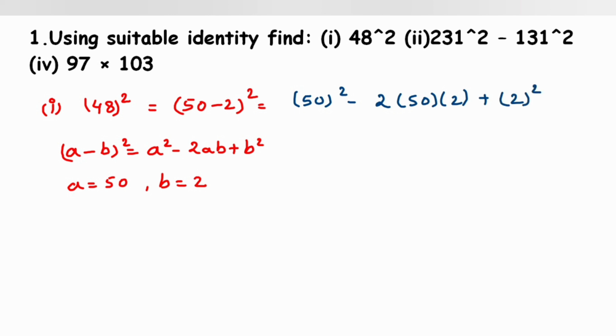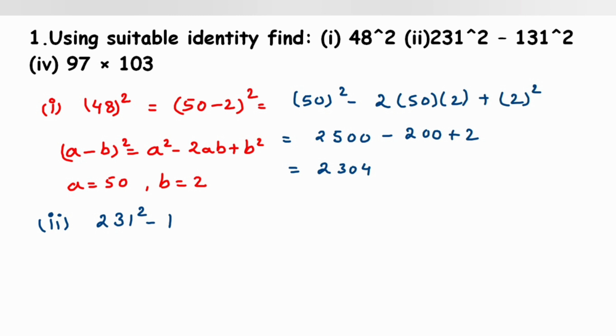So this is 2500 minus, when you multiply 2 into 50 into 2, we'll get 200, plus 4. So when you add and subtract all these values, we'll get 2304. This is the first question. Now the second one, it's 231 square minus 131 square. Now it's like a square minus b square is equal to (a plus b) into (a